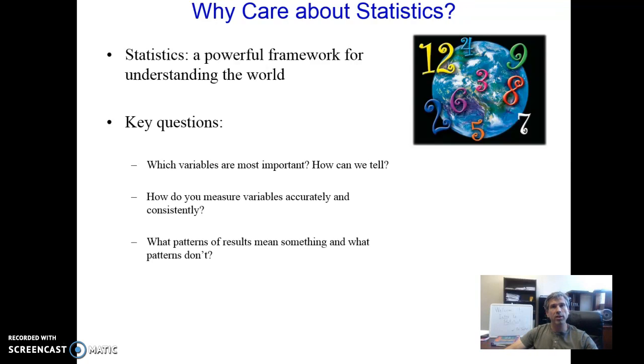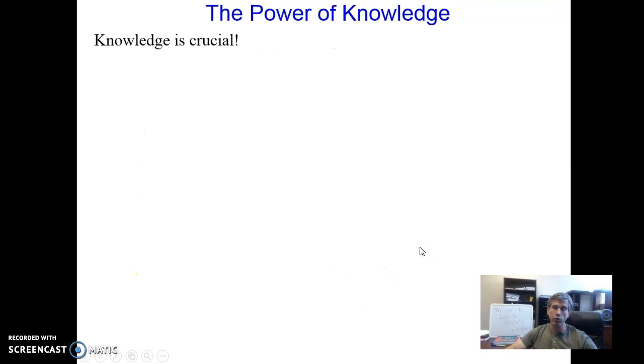Putting a framework together that separates between results that we consider meaningful and results that we consider inconclusive is the focus of the first half of the semester. The second half of the semester of the course is just going to be variations on that same framework, applying it to different contexts. So answering this question right here is an absolutely crucial part of what we'll be building towards over the first several modules.